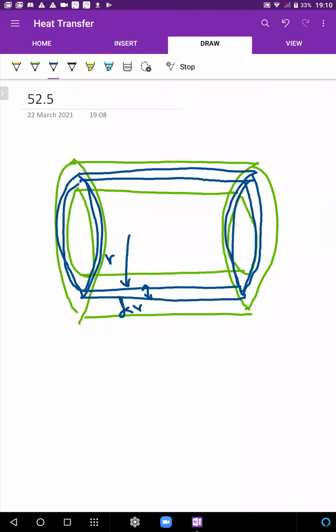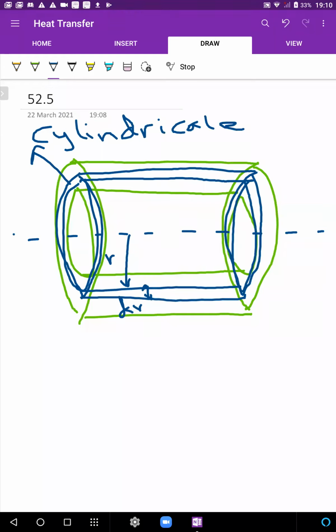All right. So let's construct a hypothetical cylinder of radius r and thickness dr. This is our element. So this is our cylindrical element. We are going to analyze how heat is going to flow through this element. Now, why am I taking a single element? The reason I'm taking a single element is because as heat flows outwards, surface area is not the same.